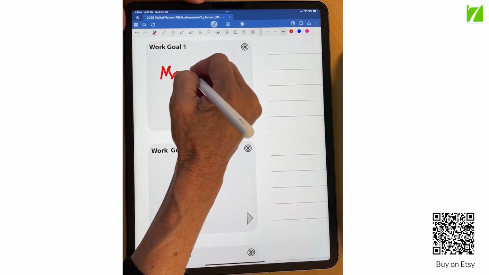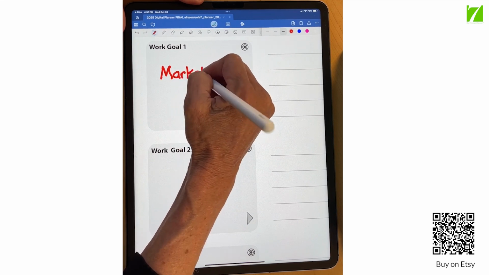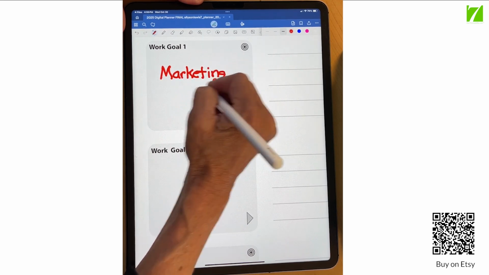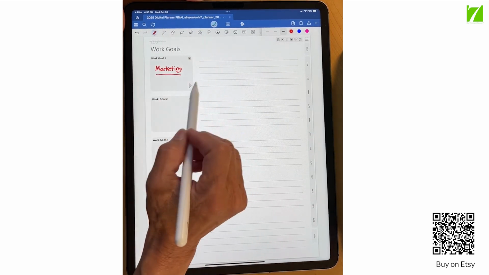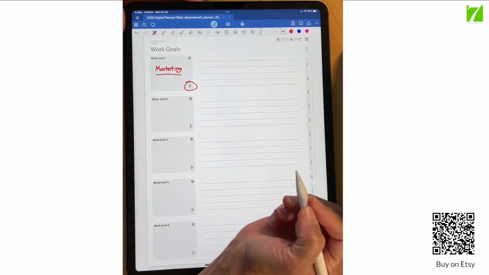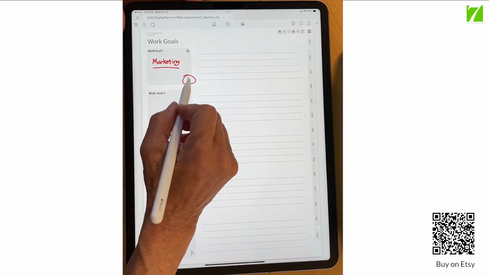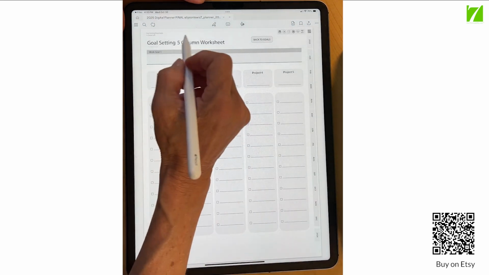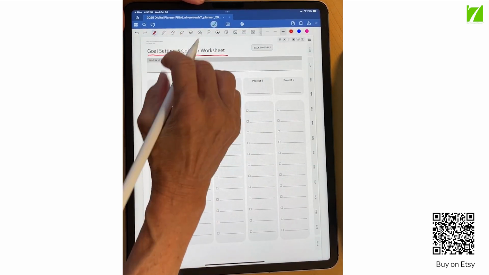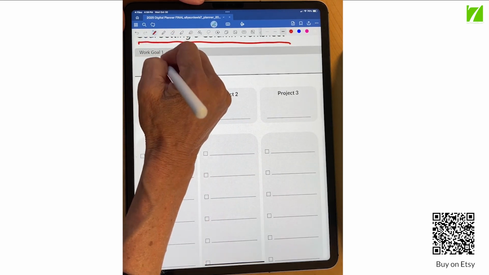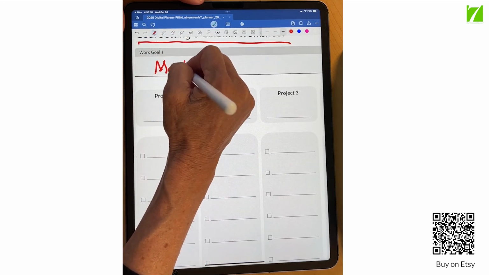Let's say that you want to work on your marketing. You can come in and say, I want to work on my marketing, and then click this button, and it's going to take you directly into what we call the 5-column goal setting worksheet. So if this is your marketing plan,